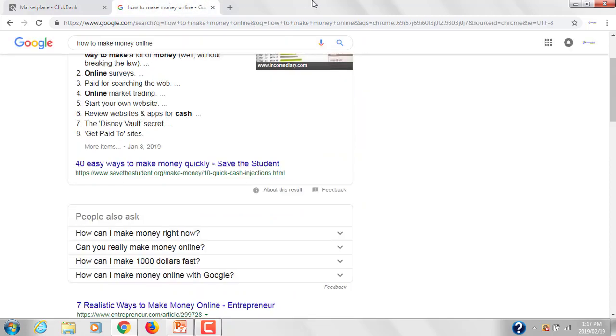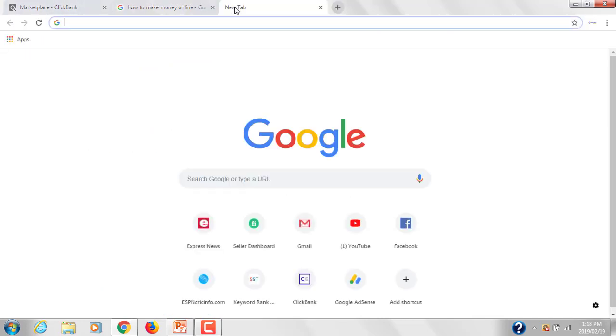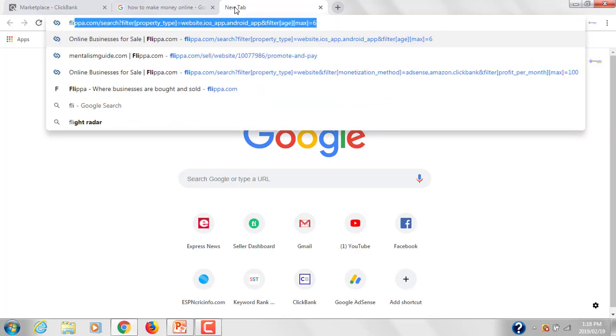So creating a website is very important, and once you have thousands of visitors on your website on a daily basis, you could expect to earn $1,000 per day. I know people are making thousands of dollars per day from their websites. If you do not know whether I am telling it right or not, then you could move to